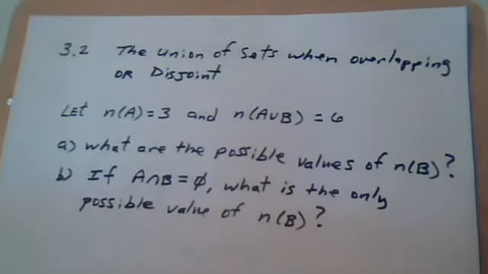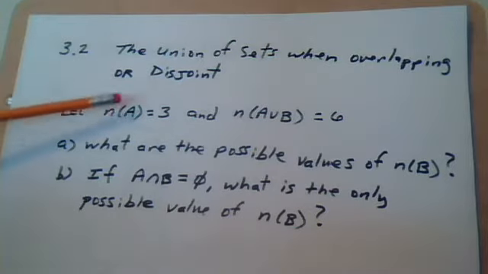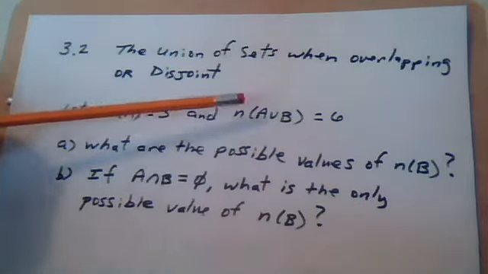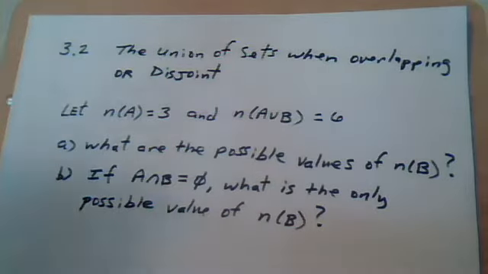The union of sets when overlapping or disjoint. Let the number of elements in A equal 3 and the number of elements in A union B equal 6. A. What are the possible values of the number of members in B? And B. If A intersection with B is the empty set, what is the only possible value of the number